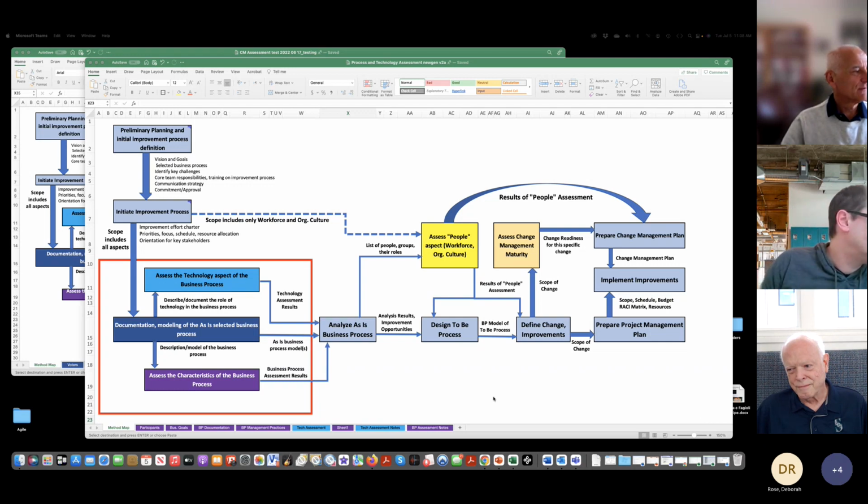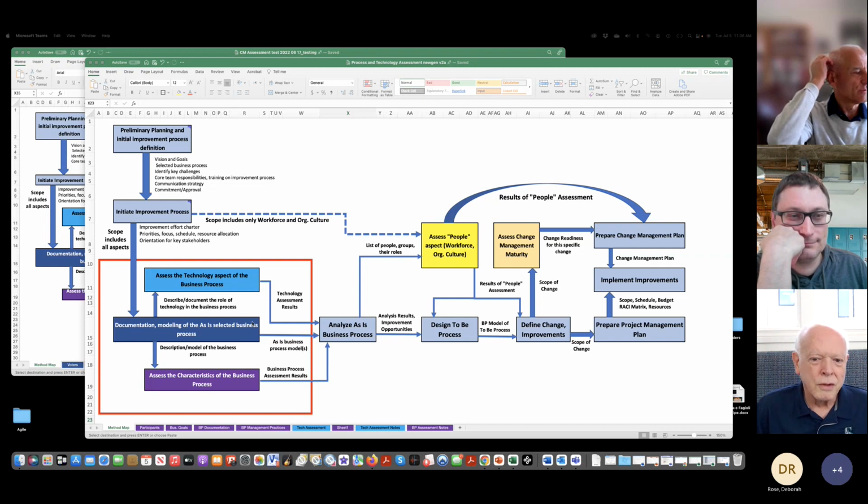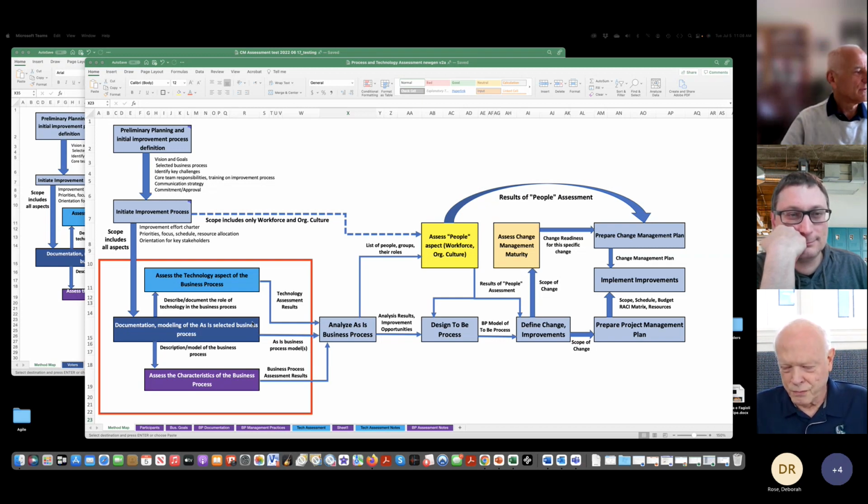WISE is a methodology for assessment and improvement of different things such as processes, people, and technology. So this is sort of like the overall map for the methodology. And this is the front page, the first worksheet in an assessment tool that's within this red